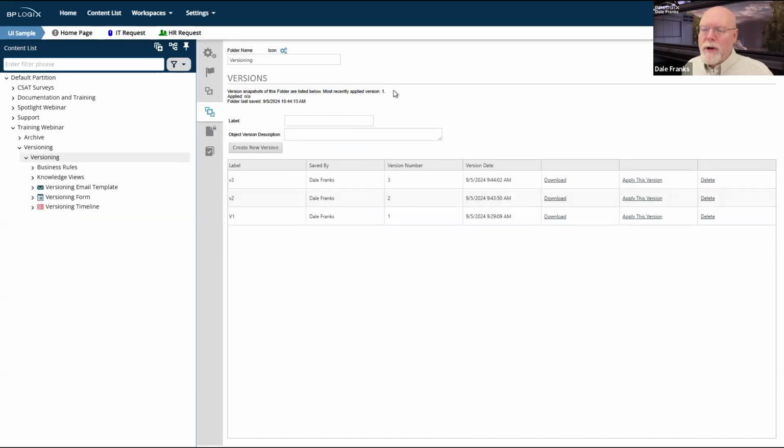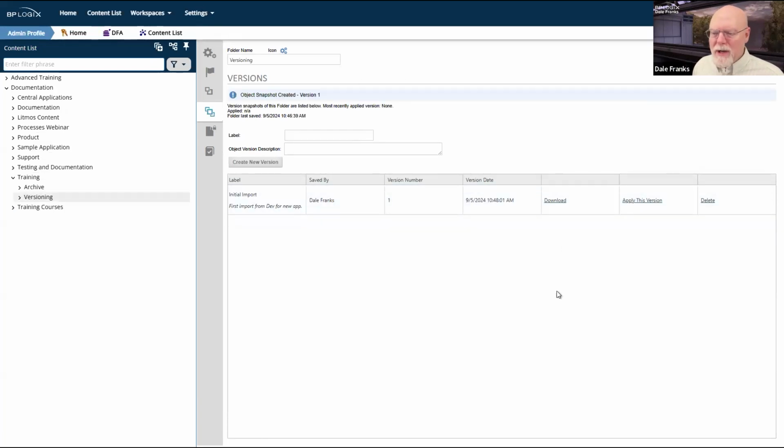When I export, it's going to export whatever the current version is. So on this particular server, it's version 1. That is the most recently applied version. So this is the version that got exported, this version 1, because it was the most recently applied version. This is the version that is going to be saved with this particular application. Not sure how I did that, but here we are. Doesn't matter. There's no difference in the applications anyway, so I don't care. But I've now got my initial import on the other system, and now I can begin versioning it separately.